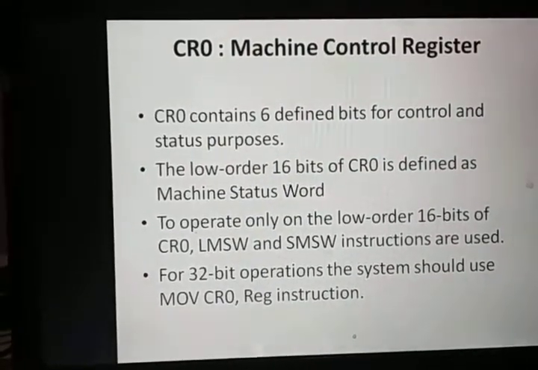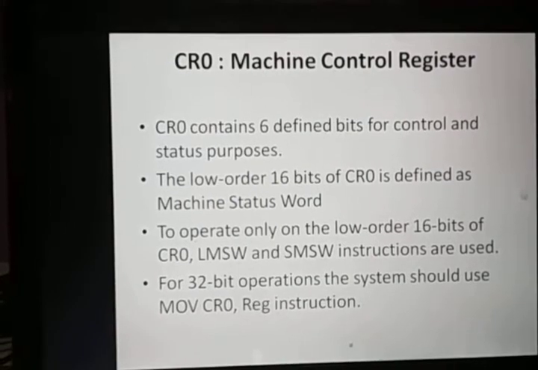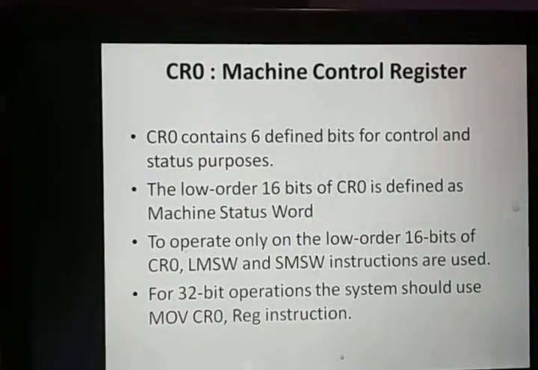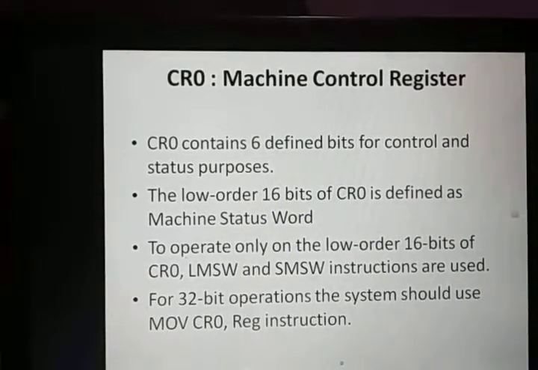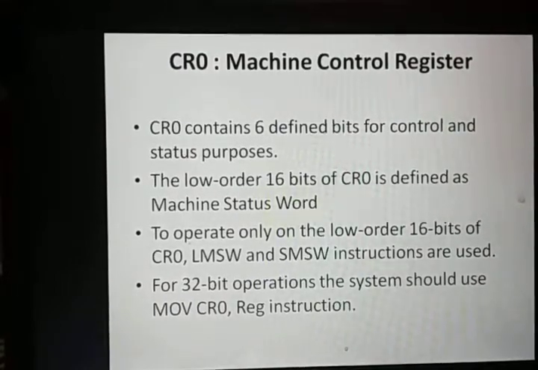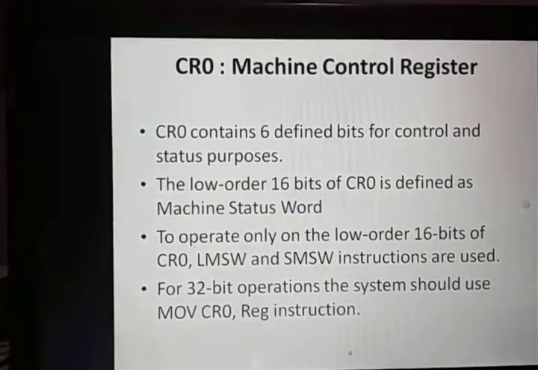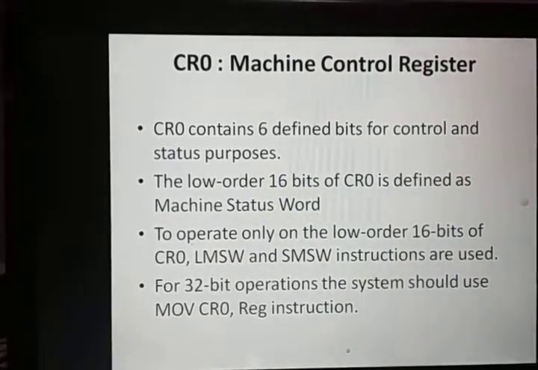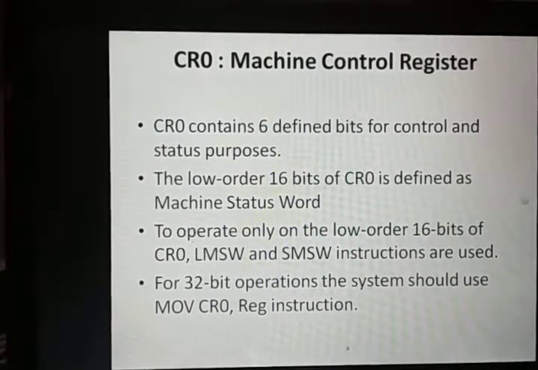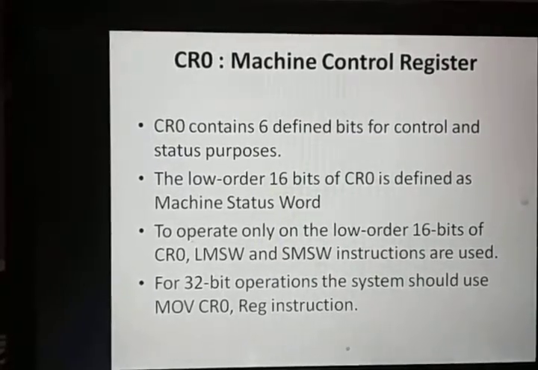If you remember, this is something we discussed in unit 5, where we talked about initialization. In initialization, we discussed control register 0 because it contains the information about the machine status word. In the initialization of the 80386 processor, every bit has value 0, meaning the PE bit is set to 0, the PG bit is set to 0, the math processor bit is set to 0, and the task switching bit is set to 0. So all bit values are 0 at the time we discussed.